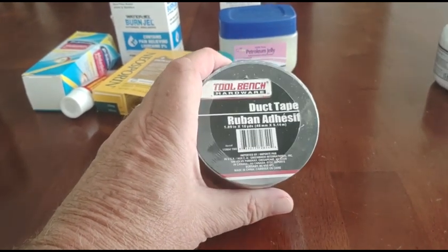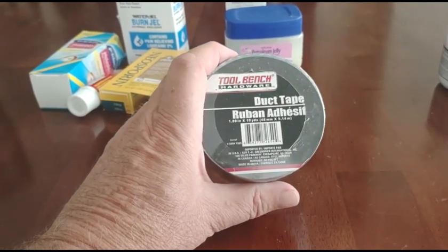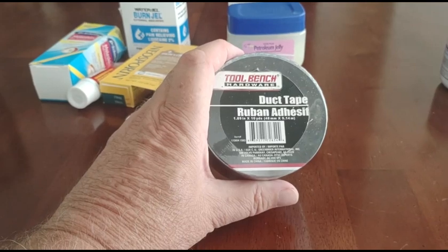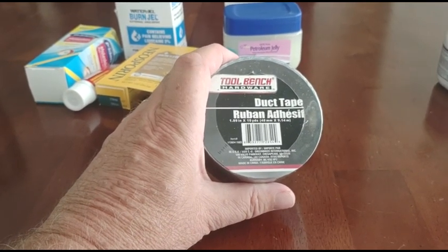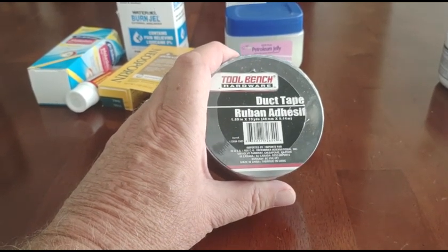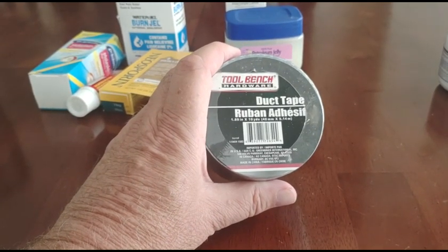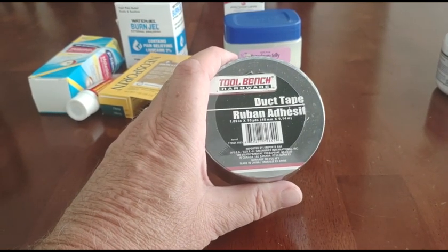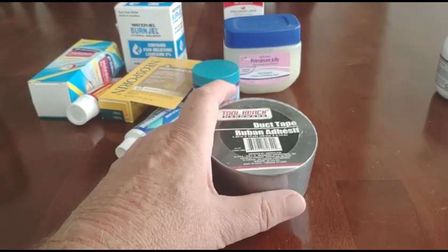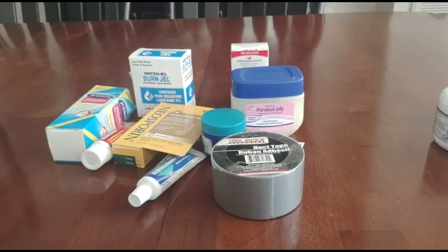Or another item that you can use it for is if you have people that journey to your house from the other side, if you know what I mean. They come to you from the other side, and you need to start sealing up airways to help them. You can always put duct tape across their lips and seal up where the noises come from. Yeah, I think that's a good thought. I'll close on that, all right? I'm just kidding you. I'll close on that, but anyway, I wanted to get that out to you,